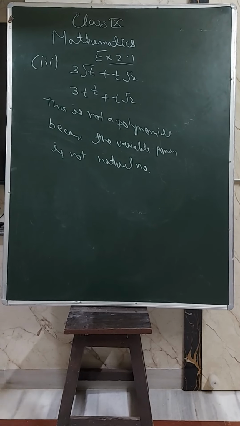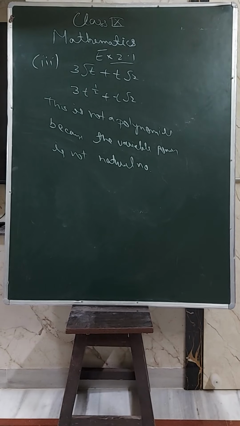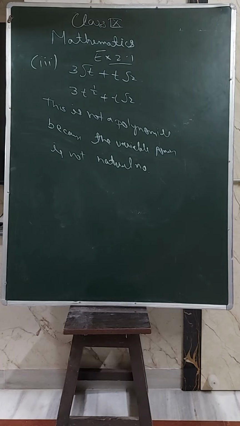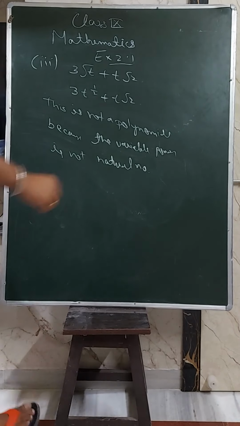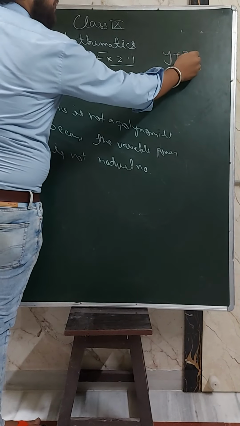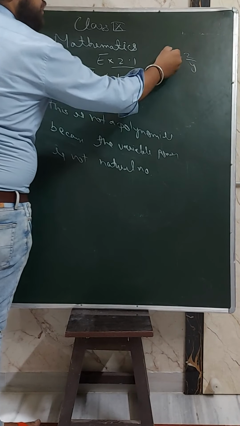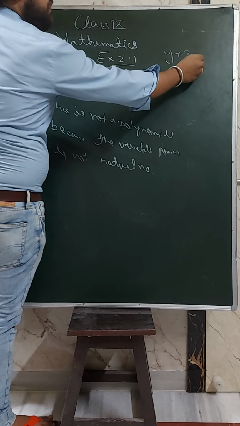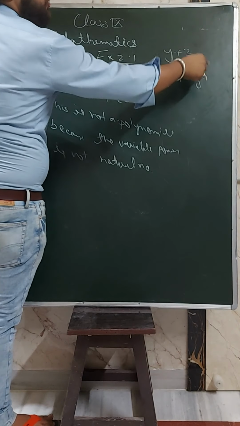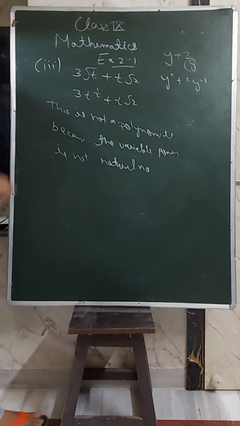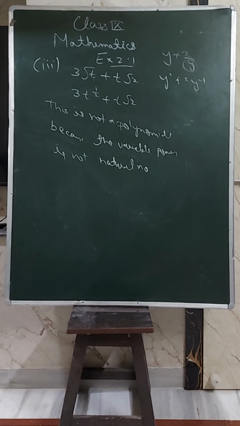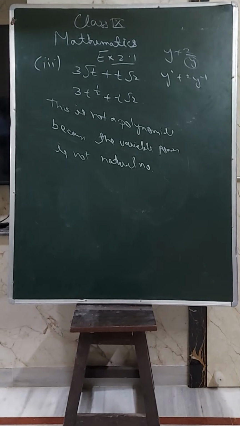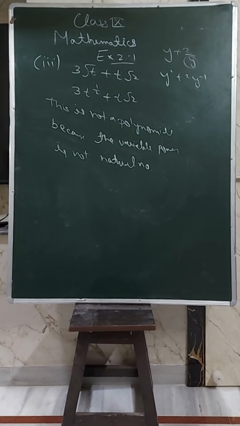Now the fourth part and fifth part are homework. Fourth part is y plus 2 upon y. I will give a hint only. I have y plus 2 upon y. This is y only, both having one variable. But what is the power of this y? It will be y to the power minus 1. Now this is not a whole number. Minus 1 is not a whole number. So this is also not a polynomial. And the same for the fifth one, x, y and t. 3 variables are there. So this is also not a polynomial of one variable.